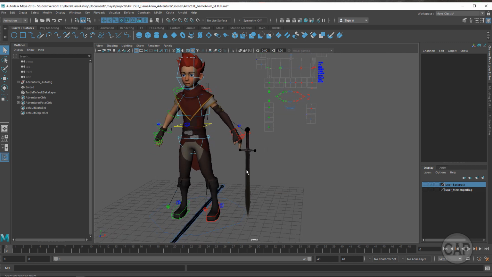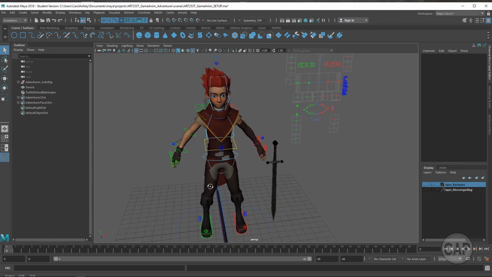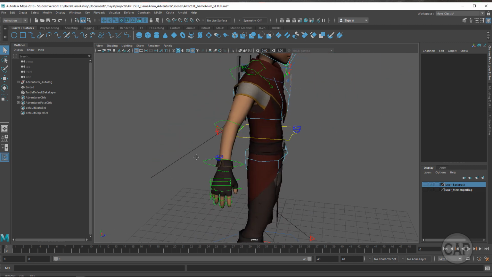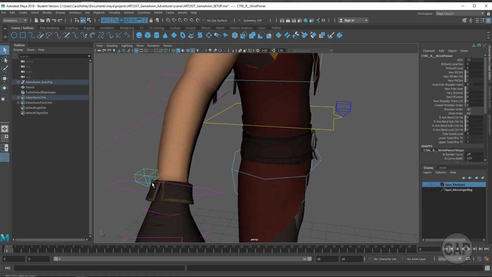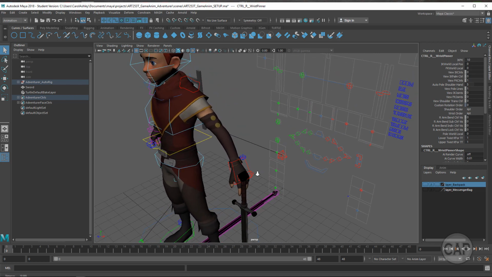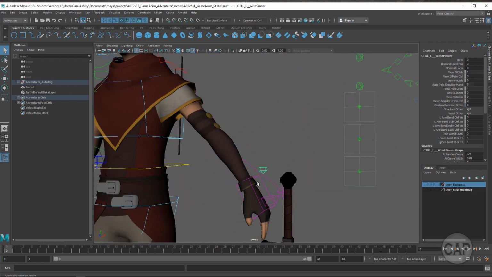And I brought it in and scaled it, and we're going to go through the process of setting up a locator right now and constraining it to the character's hand. Alright, so if you look at the character, I've got it set up in FK, forward kinematics. This is the little toggle right here. When the character first opened up, it was in IK for the hands, and I'm going to switch it